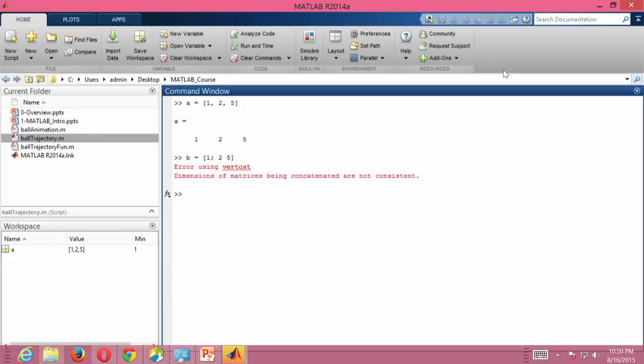Okay. So, I am getting an error. The reason why I get an error is because I forgot to put a semicolon over here. So, it is trying to build a vector by having a 1 in the first row, and in the second row we have 2 elements, and we cannot build a vector of that size. So, instead if we were to have semicolons as shown over here, we are going to get a column vector